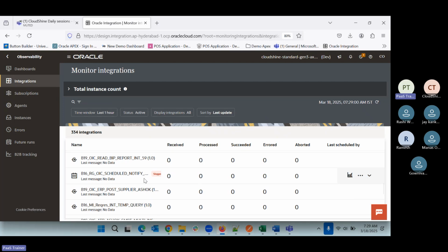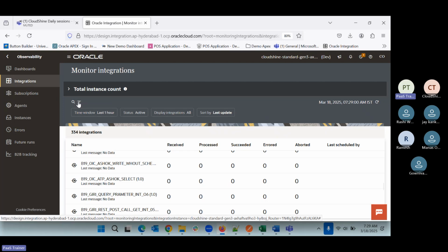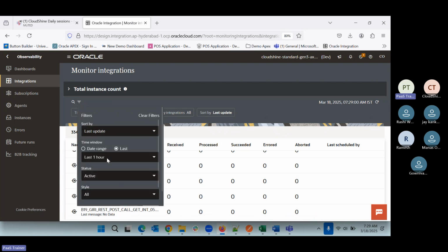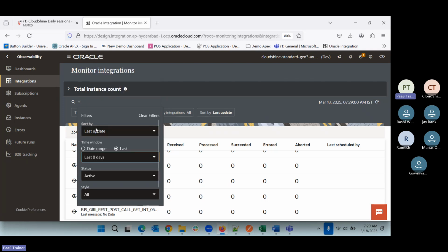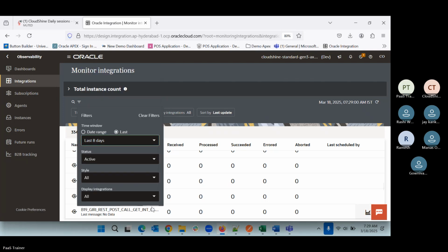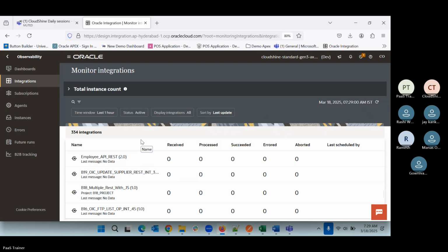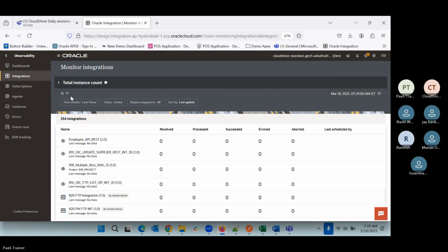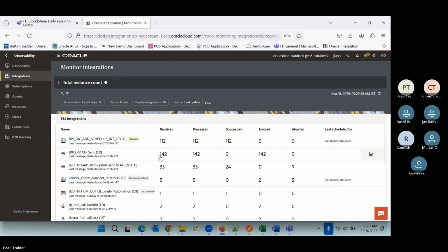If you see, this got stopped. You can see this complete information. You can change the window. If you want to see more data, instead of the last hour you can say maybe the last 8 days. Once you put that, if you see this integration, this integration ran